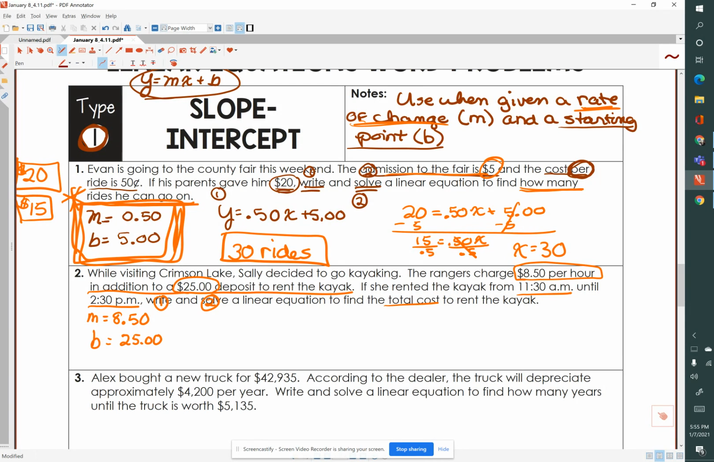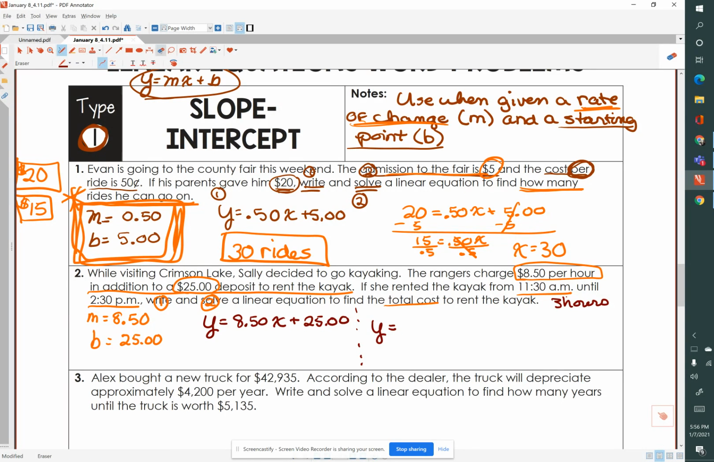So we've defined our variables, and we're going to write the linear equation in slope-intercept form. y equals 8.50x plus $25. Okay, now we have to solve it. Now, our x is going to be substituted for how long we rented the kayak. From 11:30 to 2:30 is 3 hours. So when we solve this, it will be y equals